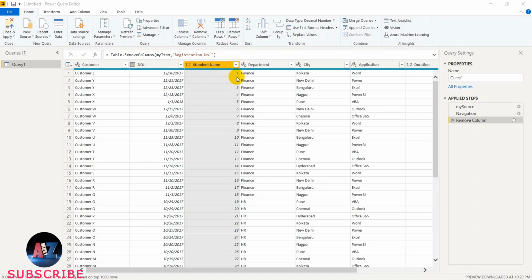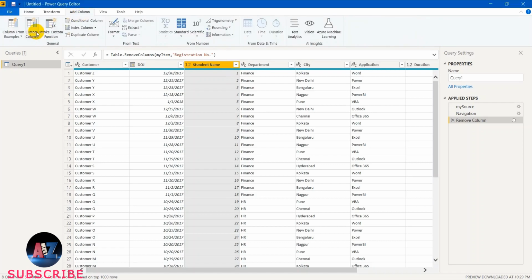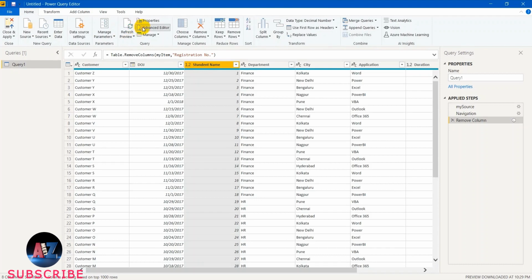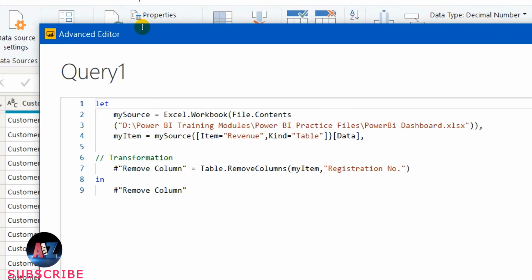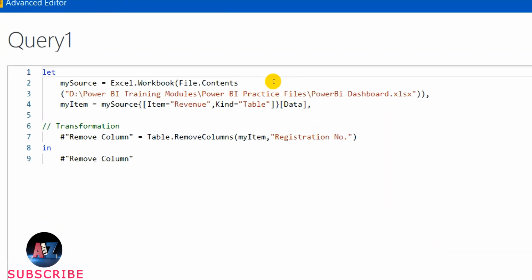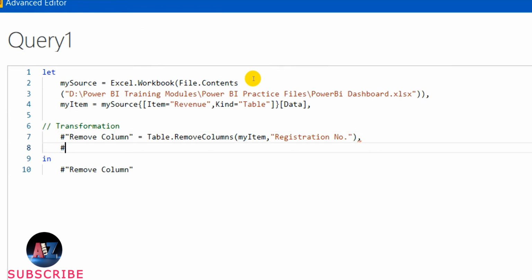So what is this step in a regular click way? That is nothing but add column from example and then from selection. And it is actually a merged column. Now let me explain the syntax so that you will understand in a better way. For that, home tab, advanced editor. Now I'm starting with a new column or new step. So comma, new step name is new column.